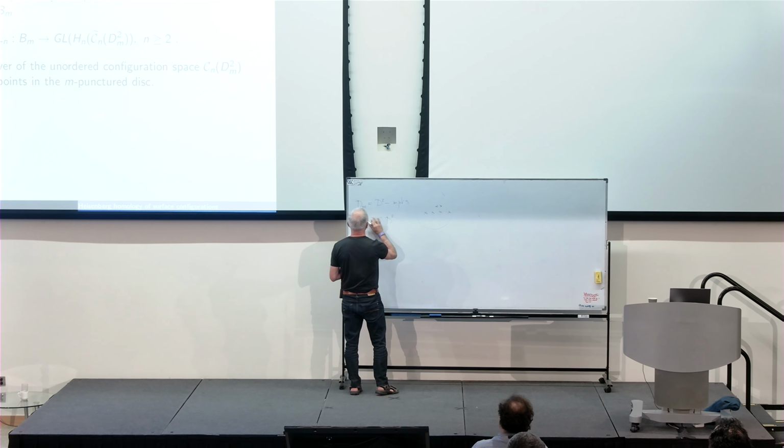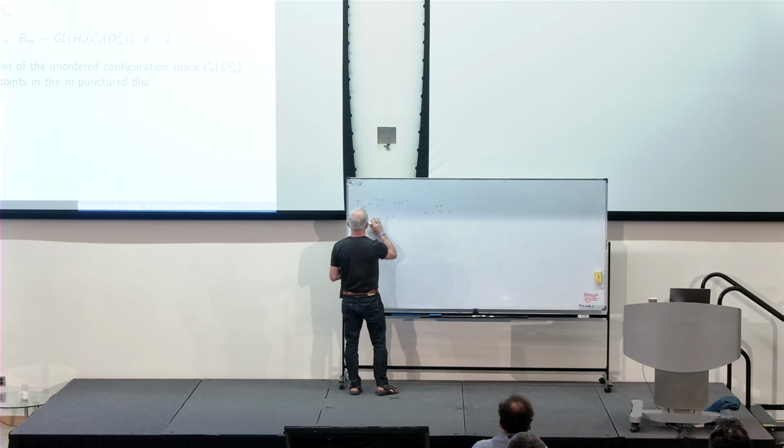Of Dm, sorry, n points here to the n. And here I ask that the points are different, just this. So I'm okay with this. Sorry? Dm, yeah, sure. So I'm okay. Okay, so then I'm interested in, sorry. For the moment, it's not a cover. So it's not the usual braid group,